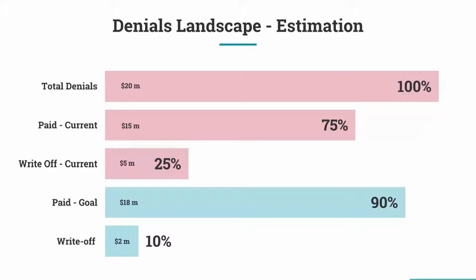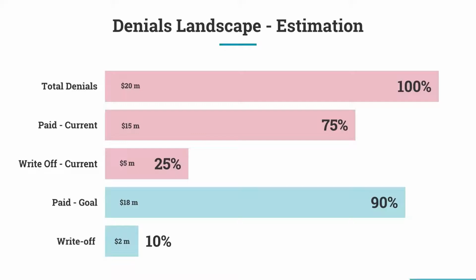So this is an example of an organization, and they had total denials of $20 million. So that's 100%. In their current landscape, they were getting paid $15 million, or 75%, via the rework process, and then 25% they were unable to recover, so they wrote off. So the leadership gets together and they strategically decide that they're going to put more bodies to help denials and